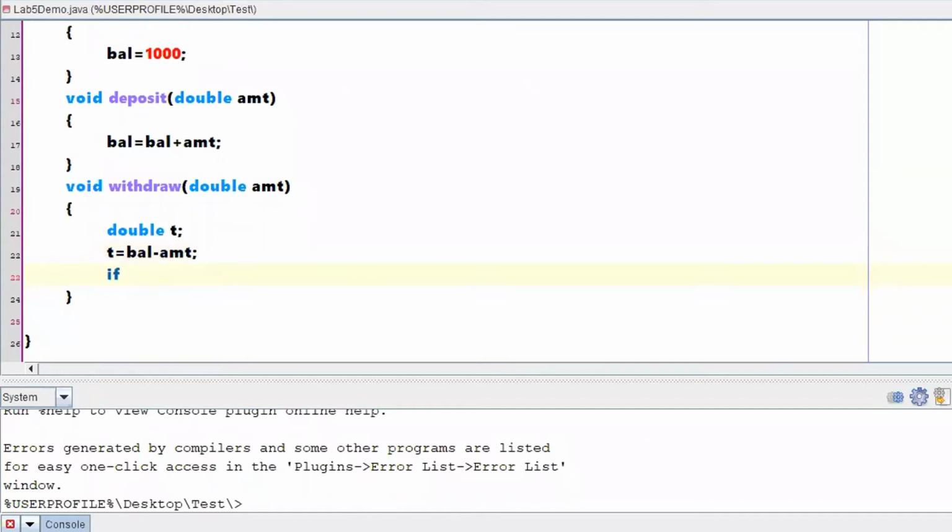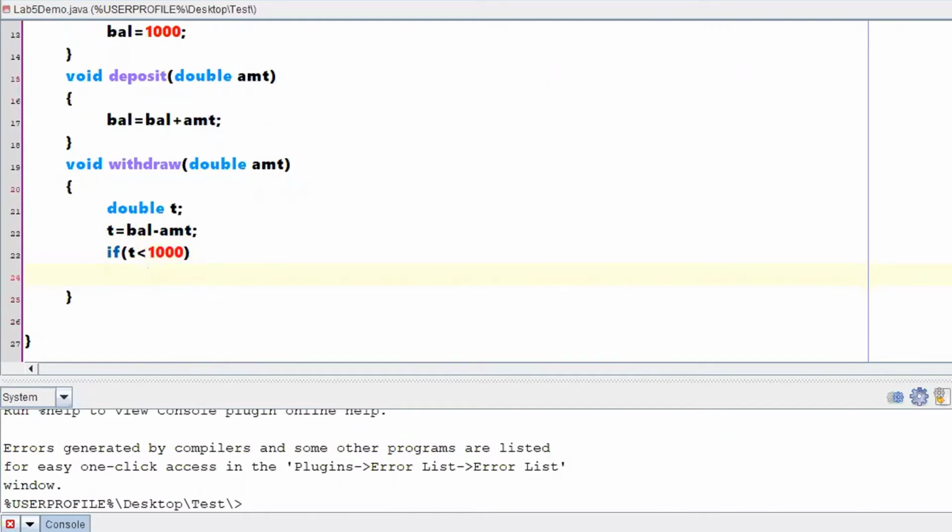Yes. If the value of T is less than 1000, right? So what has to be done? You have to throw new LessBalanceException, right? So some message needs to be passed.